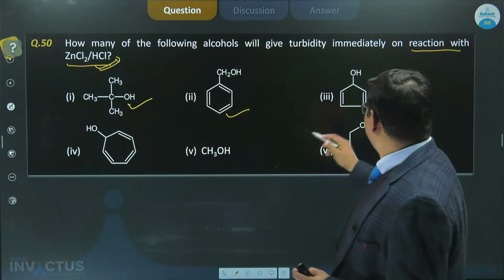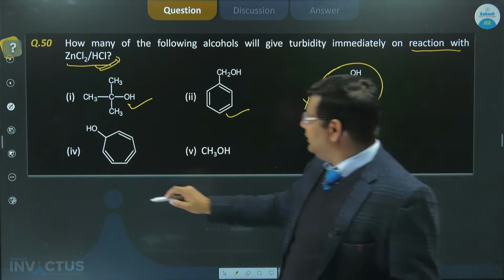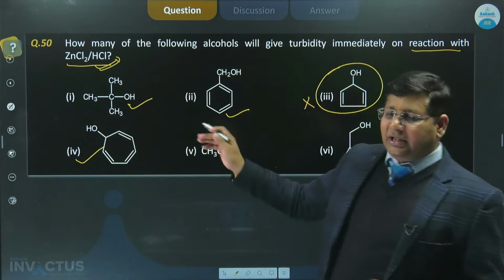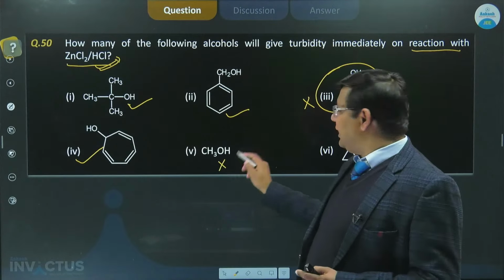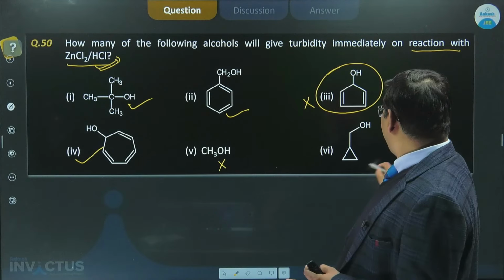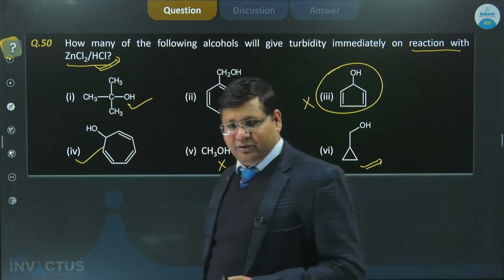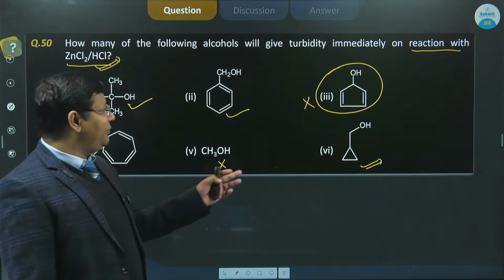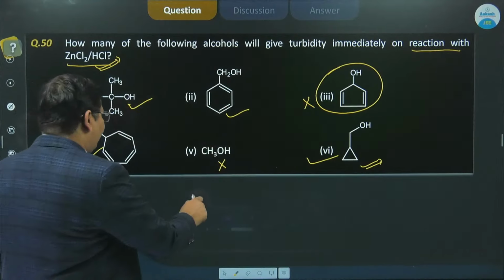तो इसलिए दिस इज ऑल्सो करेक्ट आंसर। ये एंटी एरोमेटिक हो जाएगा कार्बोकेटाइन, इसलिए ये फॉर्म नहीं कर सकता। ये एरोमेटिक हो जाएगा, इसलिए बहुत ईजिली फॉर्म करेगा, फास्टेस्ट देगा 4th वाला आपका। एंड मिथेनॉल दे नहीं सकता, दैट इज प्राइमरी अल्कोहल। और ये स्पेशल कार्बोकेटाइन जिसमें +4 इज इन डांसिंग रेजोनेंस, राइट। तो उस तरह के कॉन्सेप्ट को आप यूज कर सकते हो।